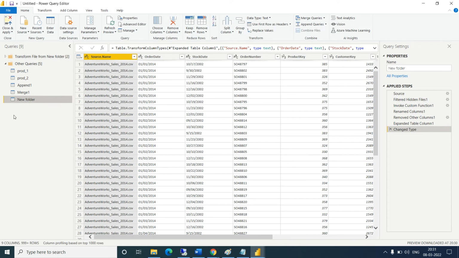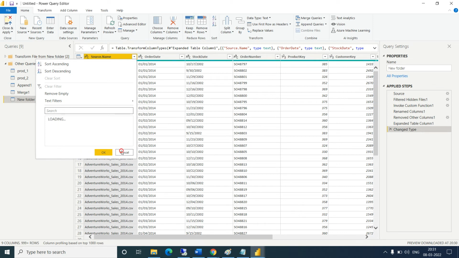It is giving the name as a new folder. So you have all data with their file name. This data belongs to this file.